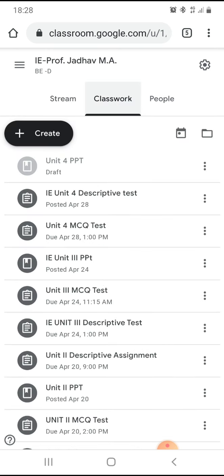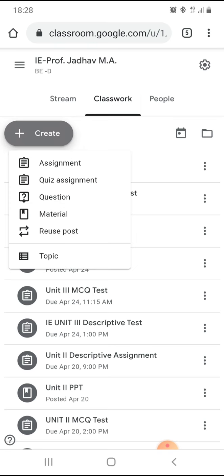Then there is a classwork. So what is a classwork? Why is it beneficial than other online platforms? In classwork you can create anything you want. So there is an assignment, there is a quiz assignment, questions, then material, right? Then topic. So if I click on the assignment,